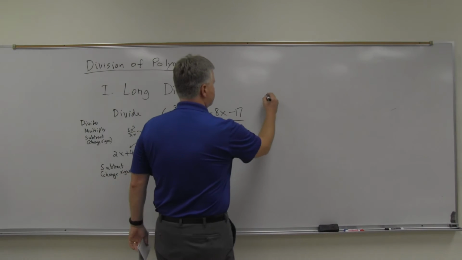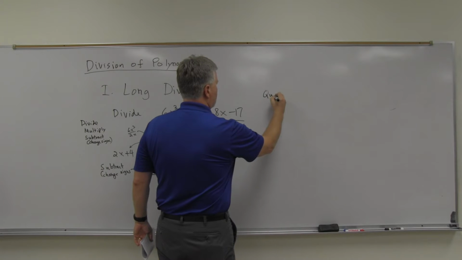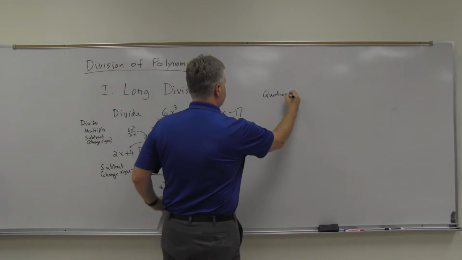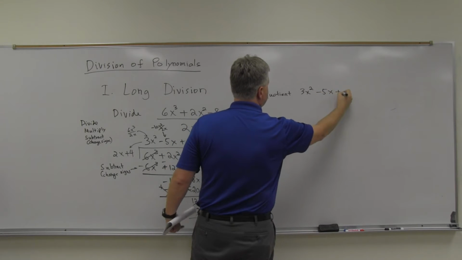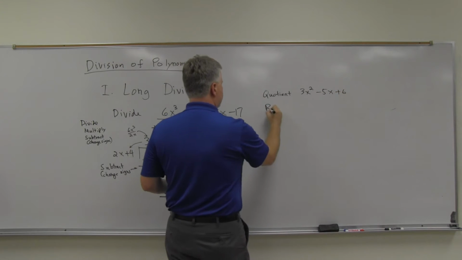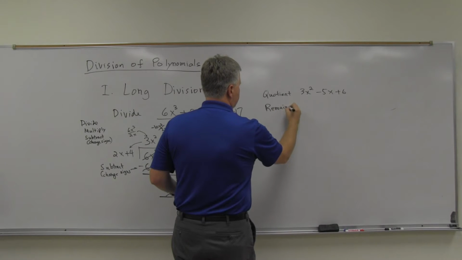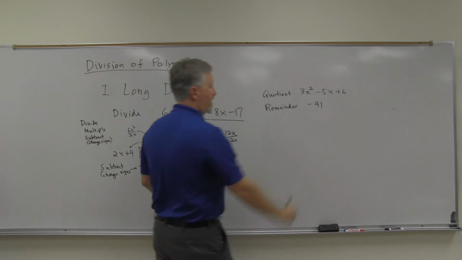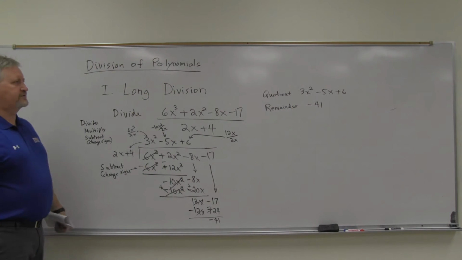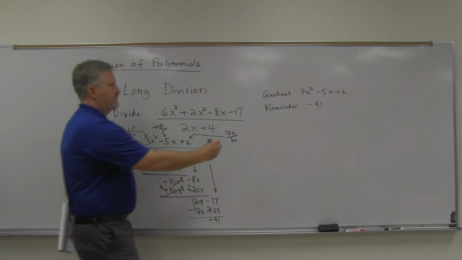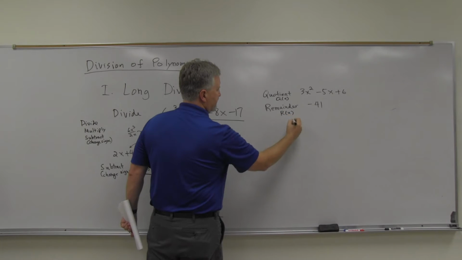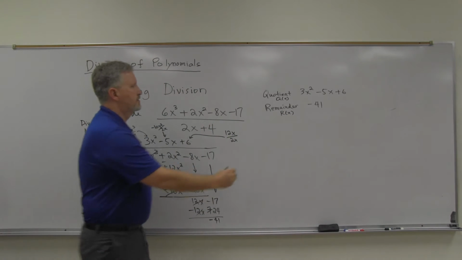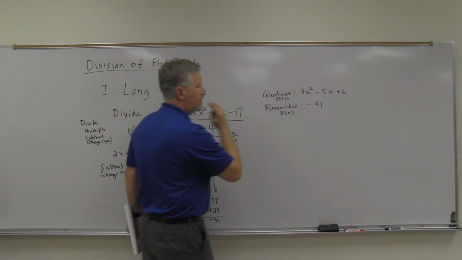So the top is our quotient, 3x squared minus 5x plus 6. The bottom one is the remainder, negative 41, depending on how they ask you to write the answer. They could call this q of x and this r of x for quotient and remainder, but now,